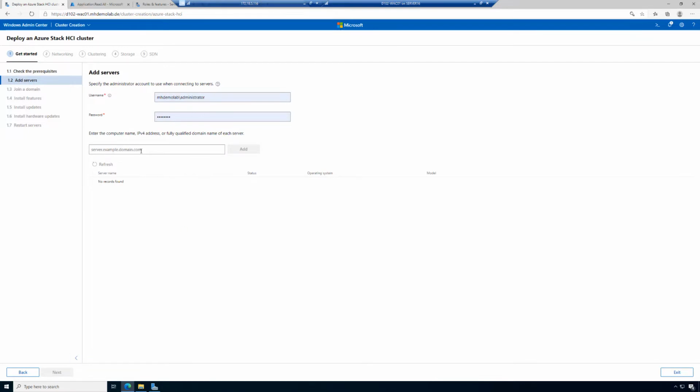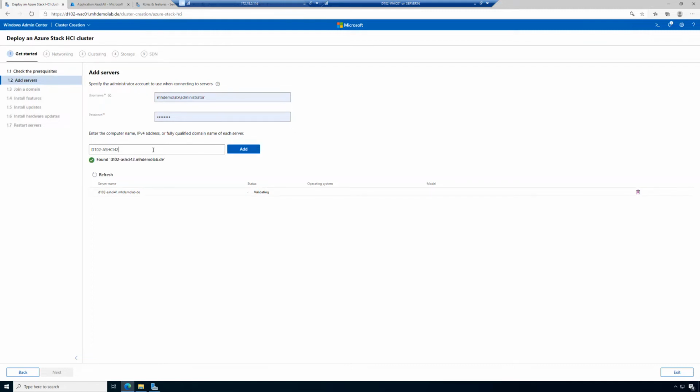Here we have our credentials and we have to specify the names of the servers. I have a D102, this is my demo environment, minus Azure Stack HCI, and the node is 41. And for sure there's a node 42, 43, 44. I will add all these nodes, and as you can imagine, compared to the 2-node cluster and compared to the 3-node cluster, it takes a little bit longer to add all these nodes, to validate the nodes,